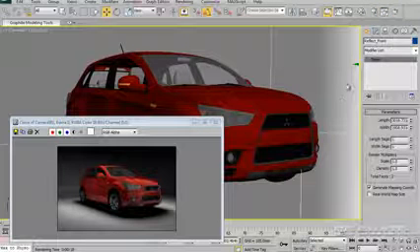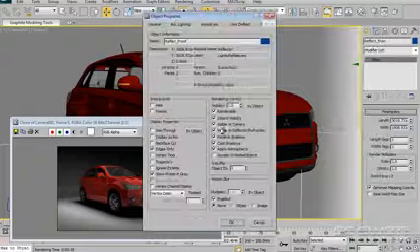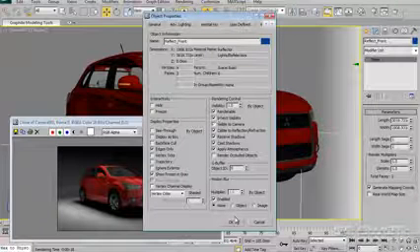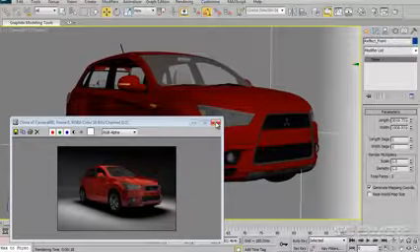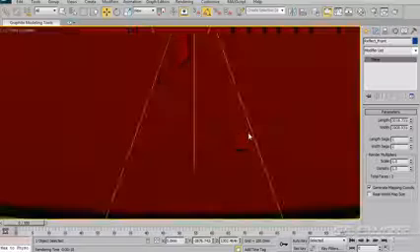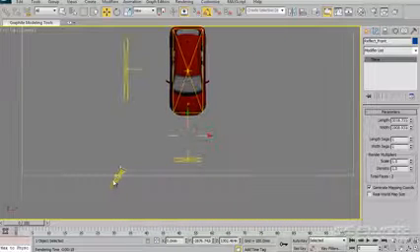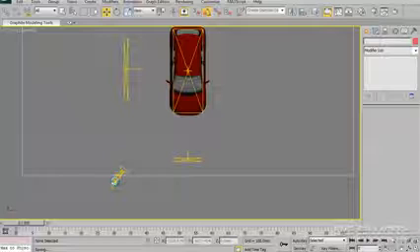So if we highlight the reflector and it's selected here, right click, object properties, and visible to camera should not be ticked, and we go OK. The other thing is, because of our angle, I'm just going to pull this off to the side, go to a top view, because of the angle of the camera, and if I select the camera, just go to a wireframe,